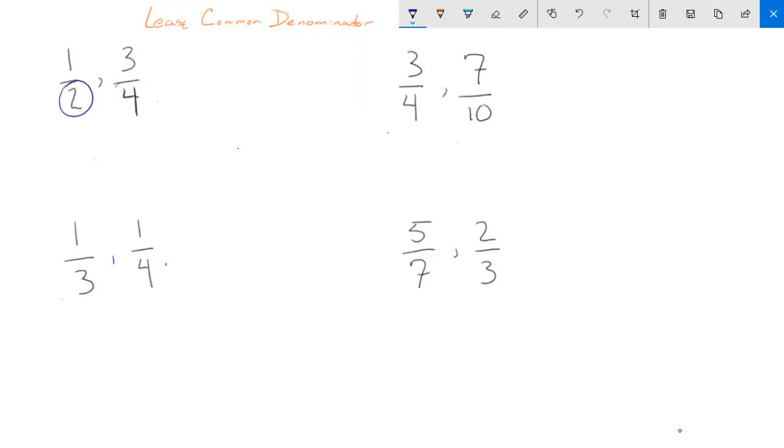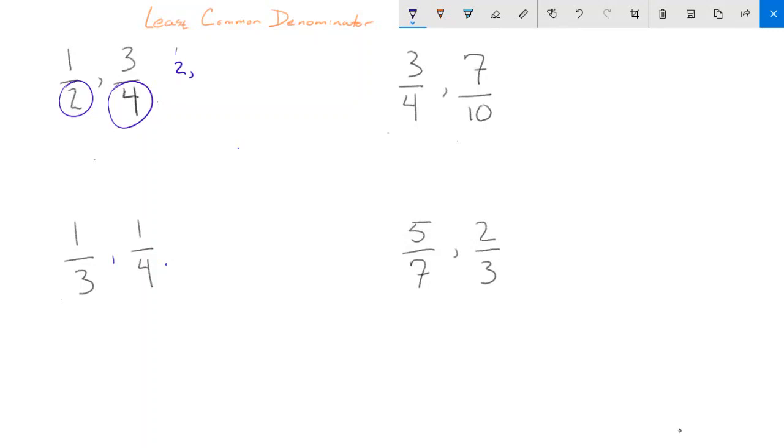So first I'm going to look at my current denominators. Now they are not the same, right? They are not common. They are two different denominators. And today I want to think about, well, what is the smallest one that both of these fractions could have in common? And what I'm going to do is list the multiples of the denominators, excuse me. So I'm going to say, okay, well 2, and then the second multiple of 2, so 2